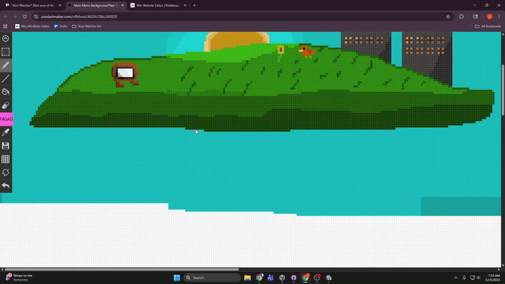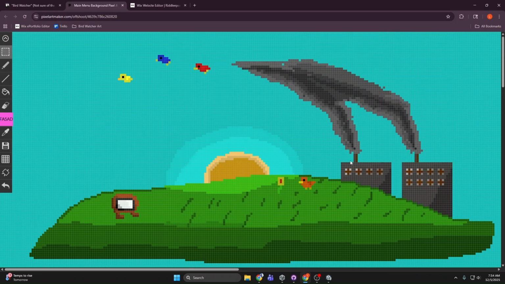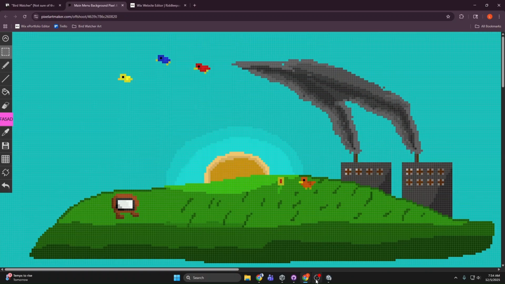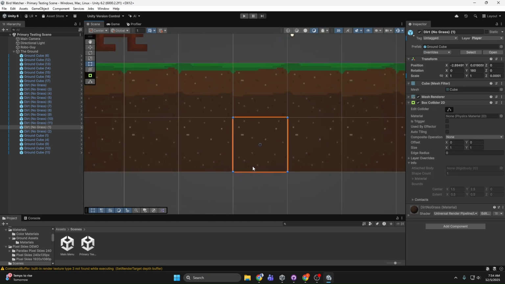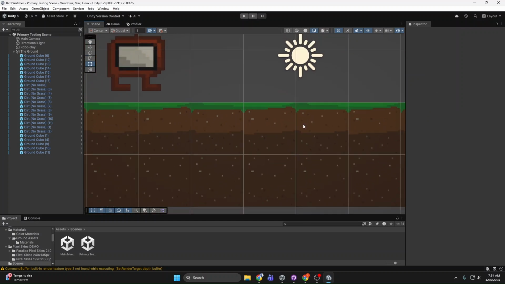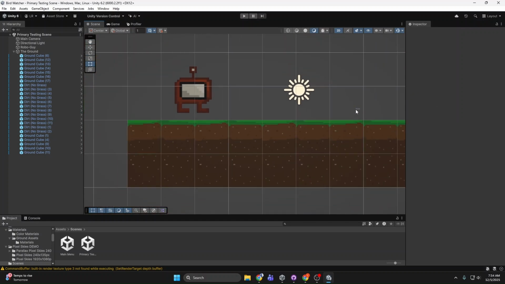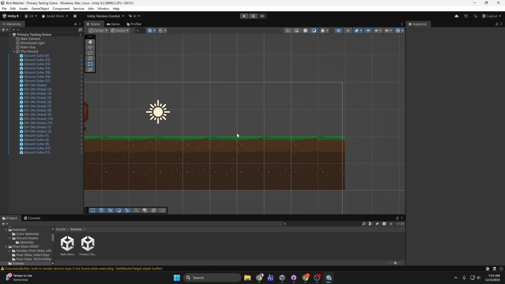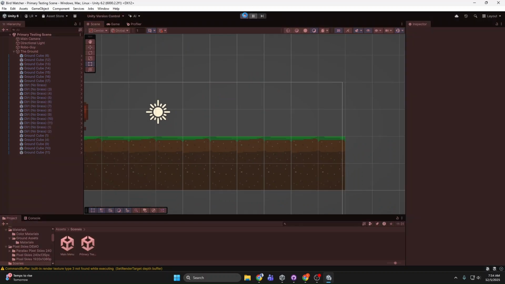and yeah, it is also pretty convenient because you can copy things. Like if I wanted to make another one of these birds, I could just do that, and there it is. Yeah. So for this one, I made two different grass assets, like the grass blocks, and then a dirt for below the grass blocks. I might change how this works because when I press play, you might be able to see that